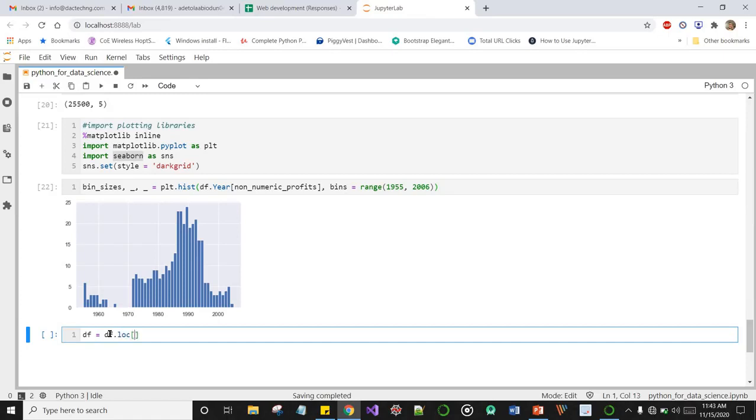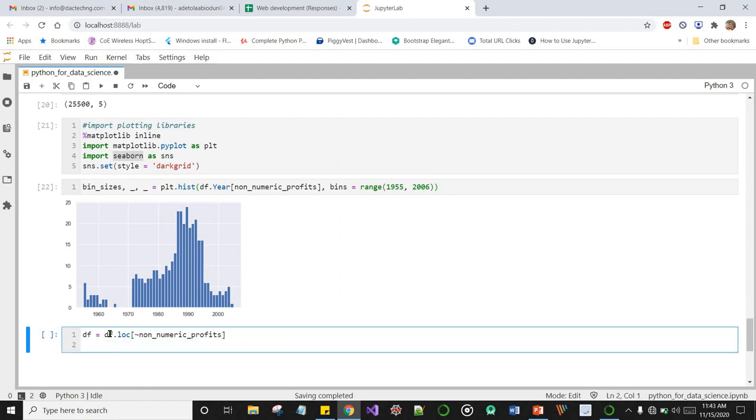Loc is back. You use loc a lot in pandas. Data frame.loc, and we can select, create a list that is non-numeric profits.